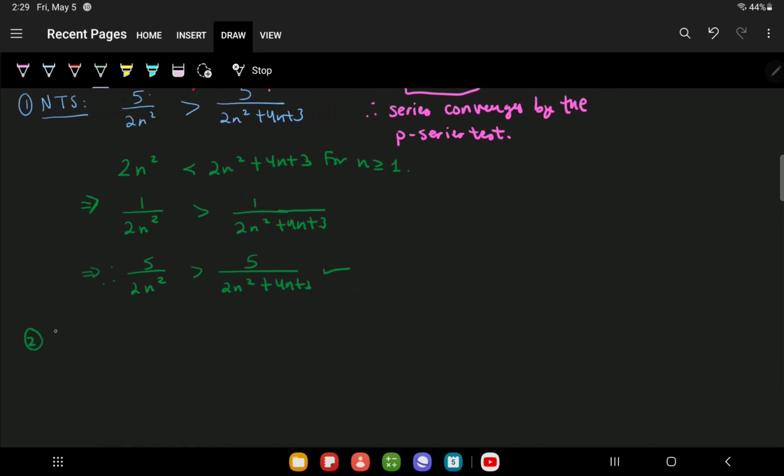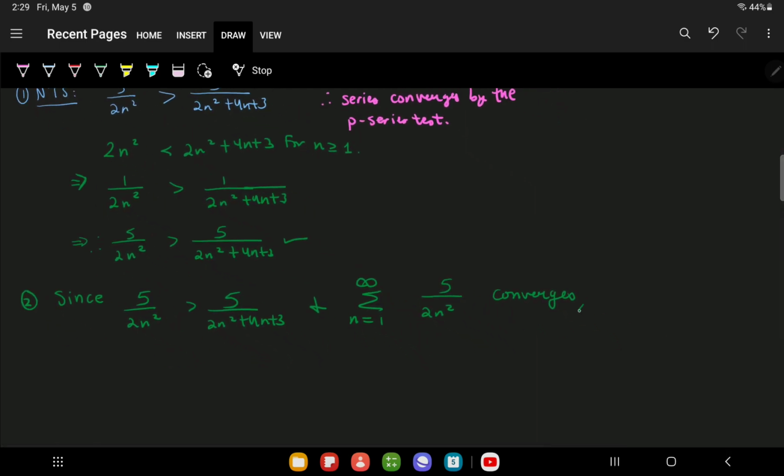And so we can conclude, since we have shown that 5 over 2n squared is greater than 5 over 2n squared plus 4n plus 3, and we know that the sum of 5 over 2n squared converges by the p-series test, which we showed above, we can say that the sum from n equals 1 to infinity of 5 over 2n squared plus 4n plus 3 also converges by the direct comparison test. And that will be all from